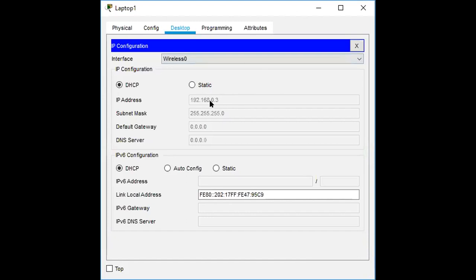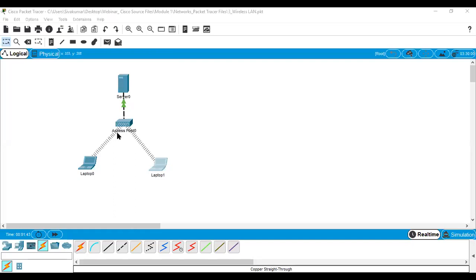In this manner the IP address is automatically assigned. In the same manner, you can check the data communication between this PC and that PC. What is the IP address? 192.168.0.2. The destination IP address is 192.168.0.3. Now I check with the command prompt.